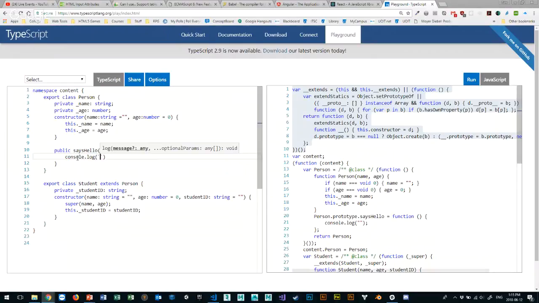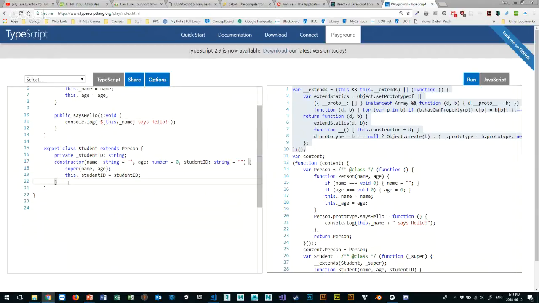We're going to use the backtick syntax here. We're going to talk about that today. Where I want to say something like this dot underscore name. It says hello, right? And then in my public studies method, I can say that console log,